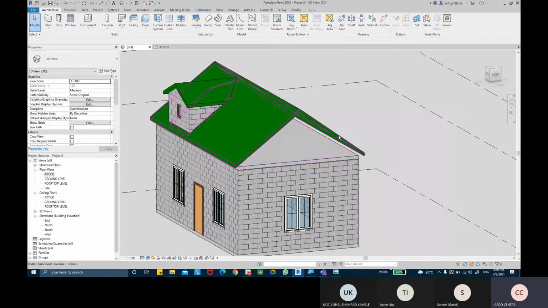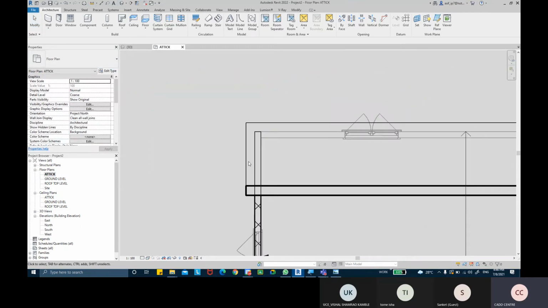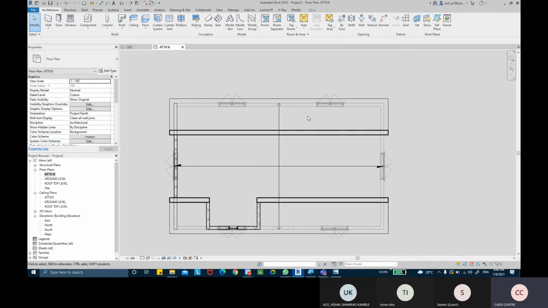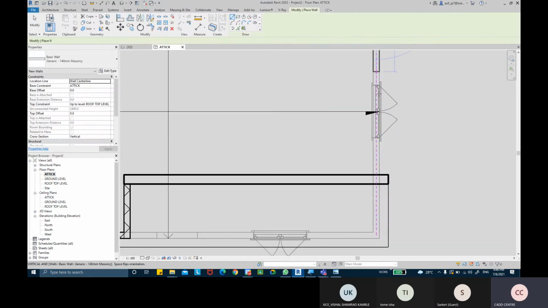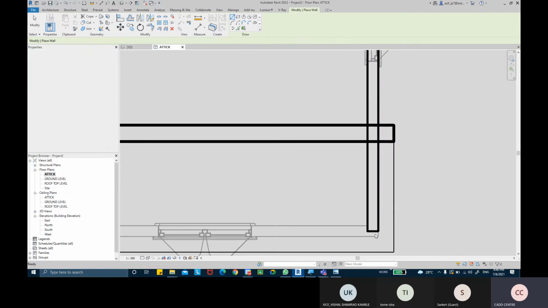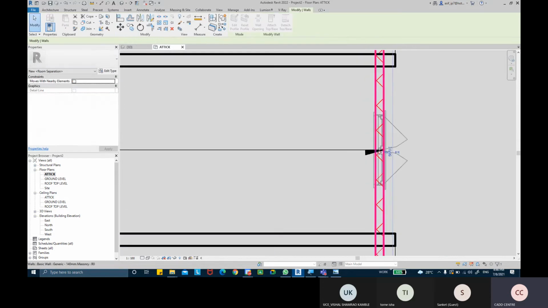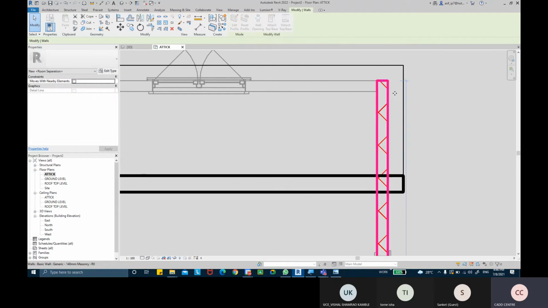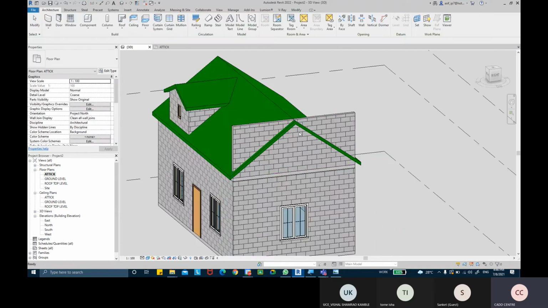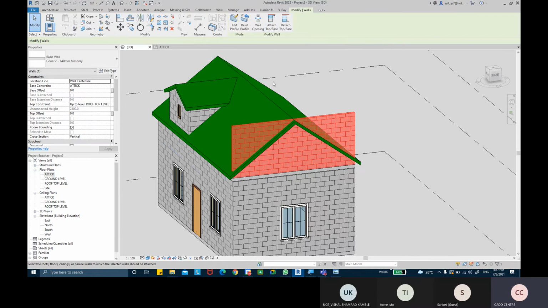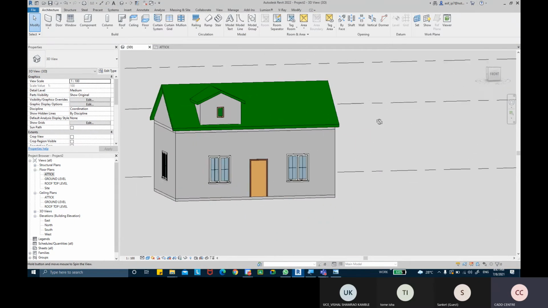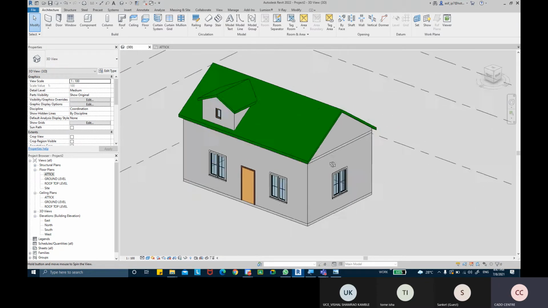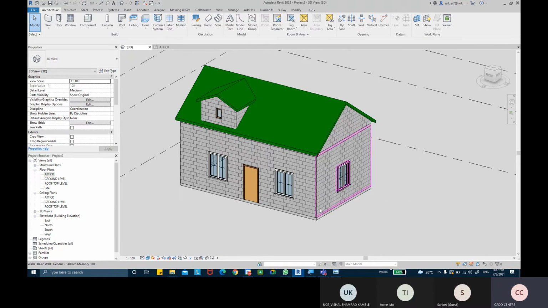Same on this end as well. Got ready. Even if I show you the section 3D view,